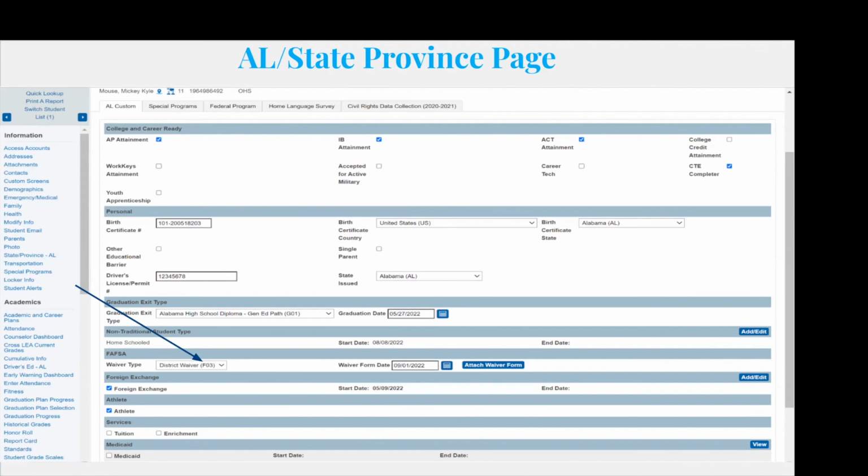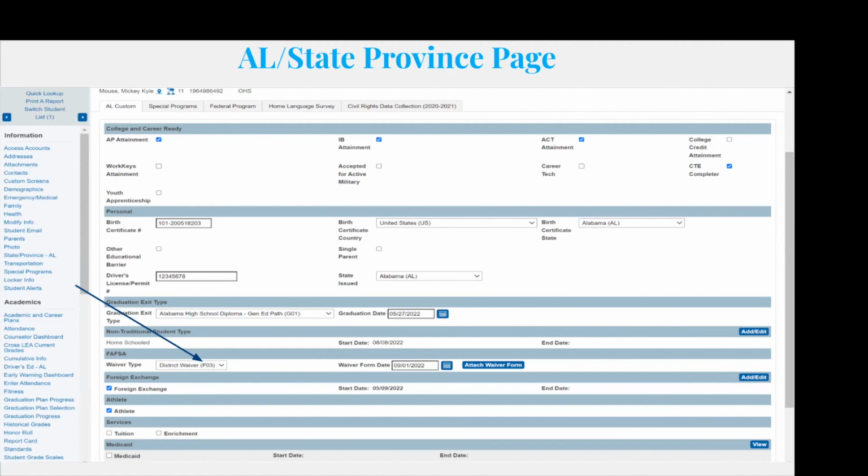And his waiver, notice here I can put the waiver completion date. And I can also attach the waiver if I wanted to. That's an option. And that's pretty much up to your discretion, or if your district wants to upload the actual waivers. I've seen some counselors, they may actually keep the actual real waiver, maybe in a folder or something in their office, but you do have the option to attach that